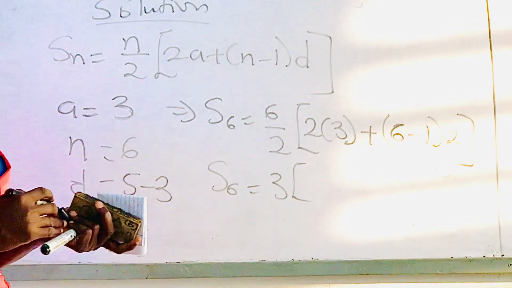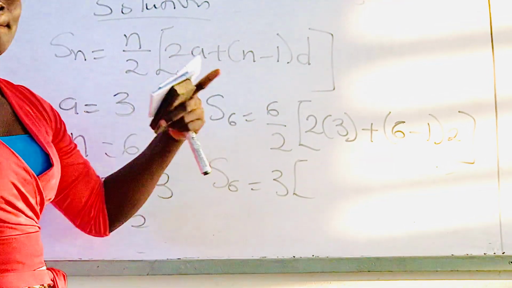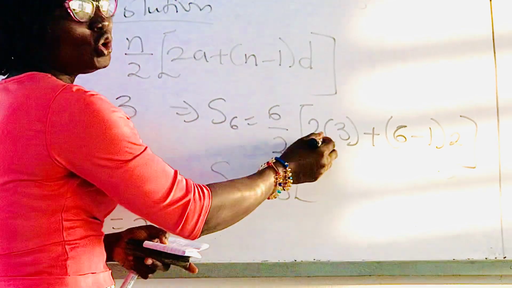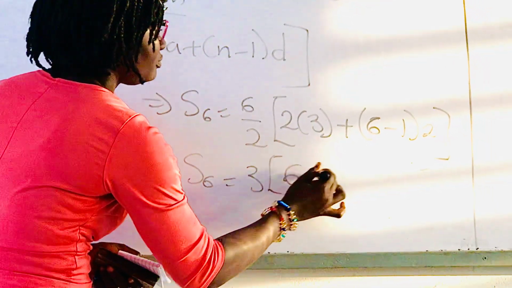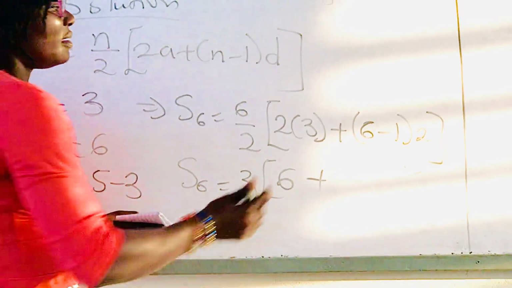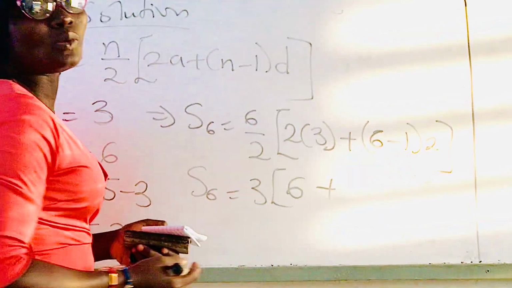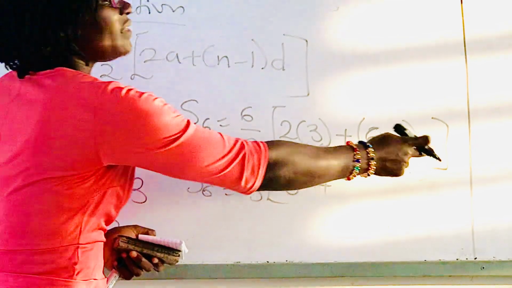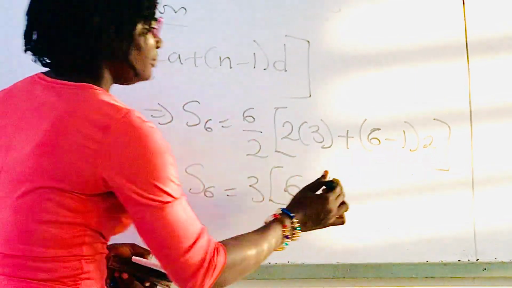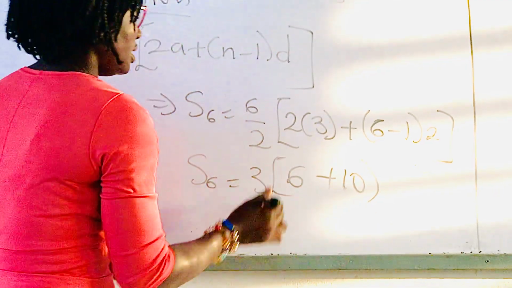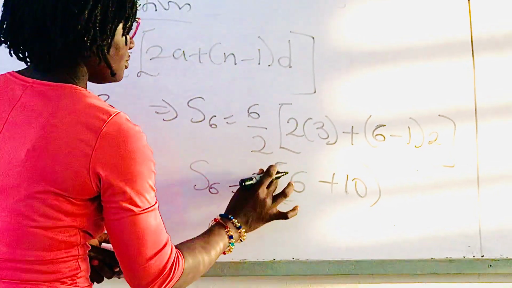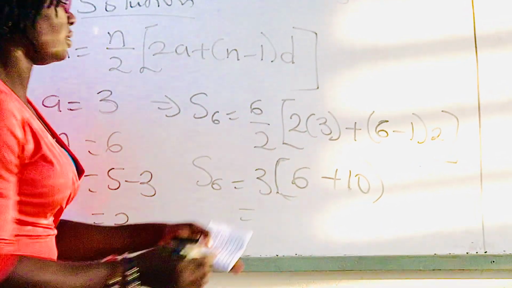Then we come to the main bracket. So 2 times 3 is 6. Plus 6 minus 1 is 5. 5 times 2 is 10. Great. So this